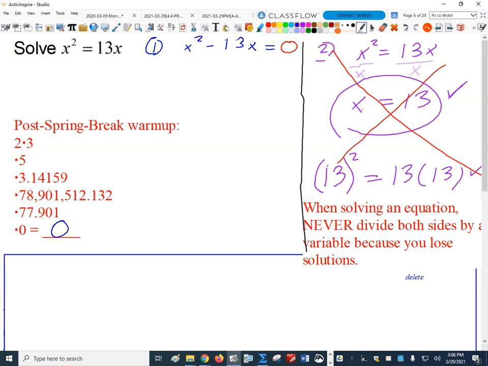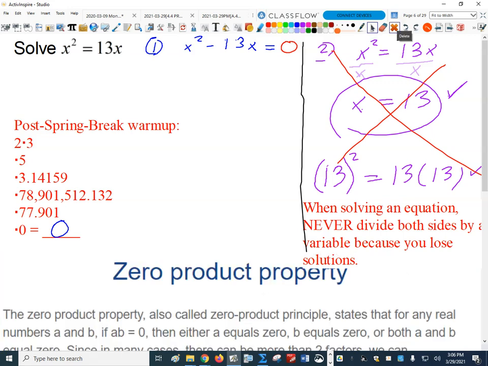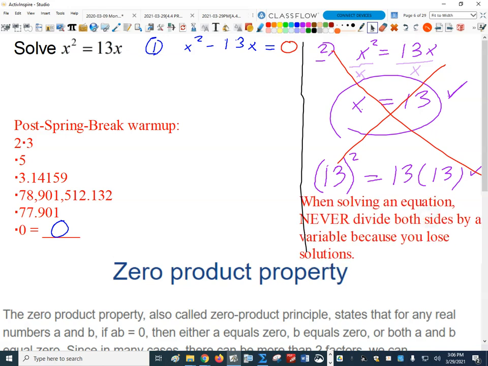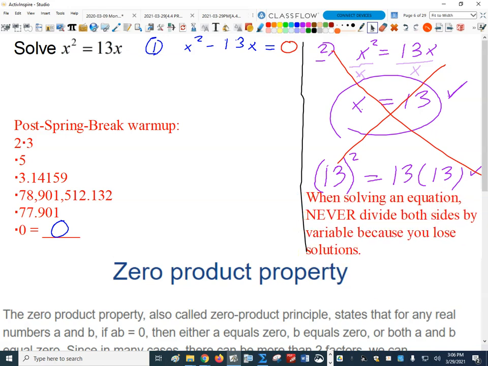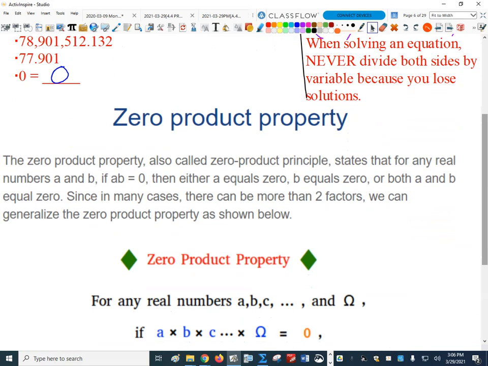If I have a string of numbers that multiply to 0, then the only way that they can equal 0 is if one or more of those numbers were 0. I can never, ever multiply non-zero numbers and get 0 for an answer, okay? So this pretty simple idea is a big deal in math. It's what we call the zero product property,